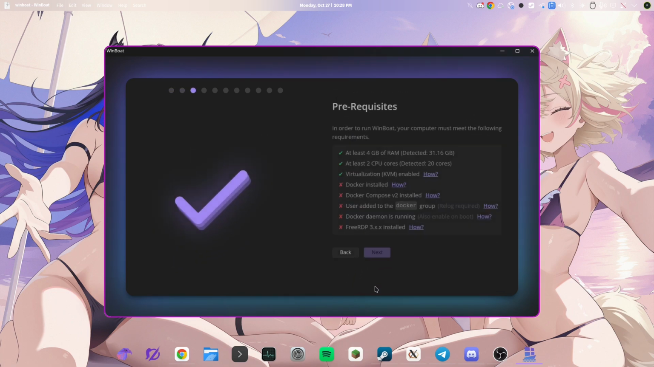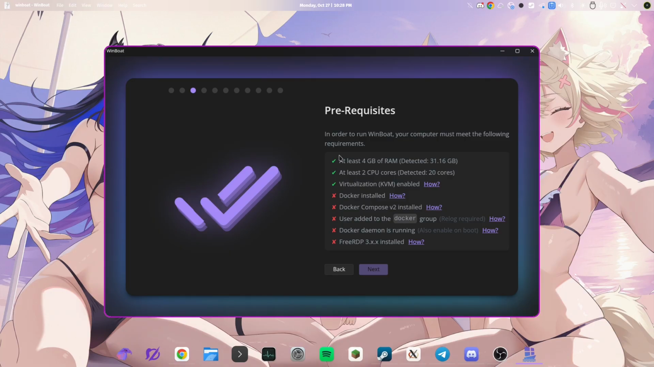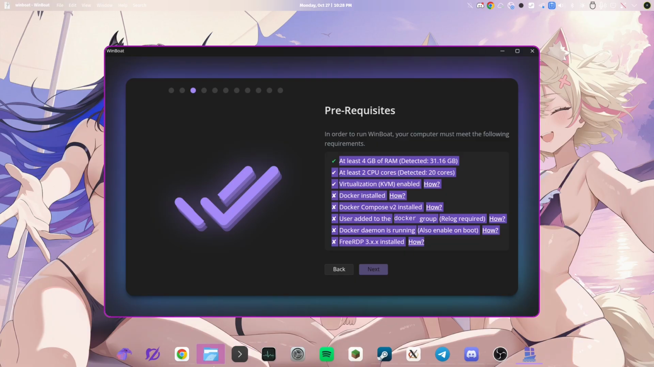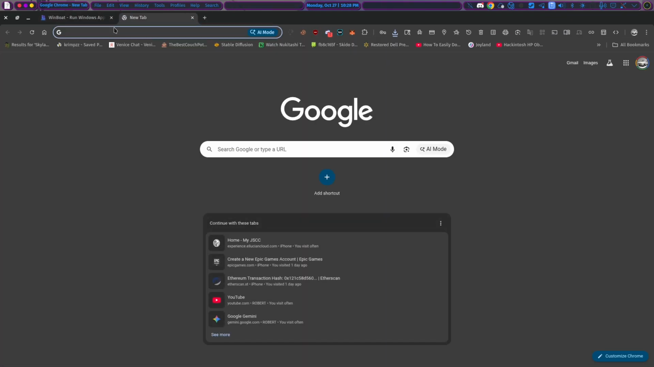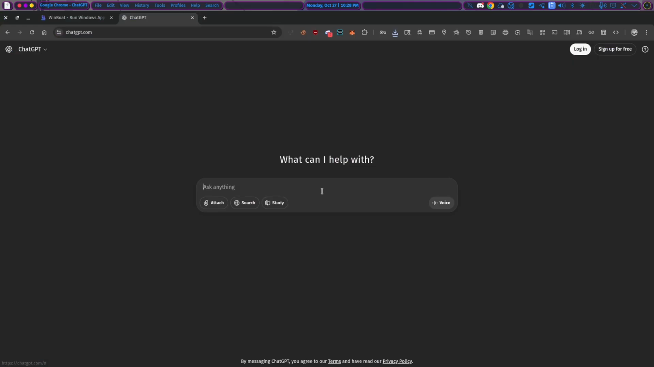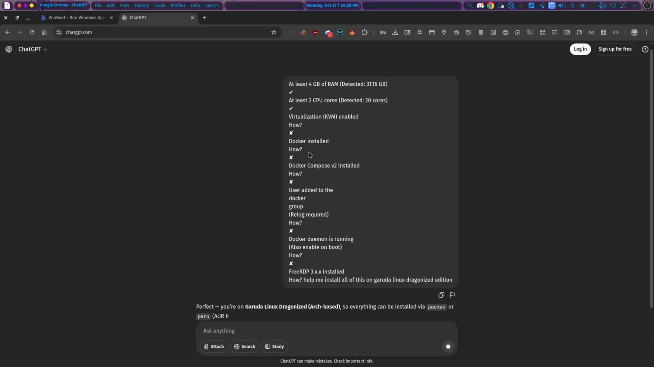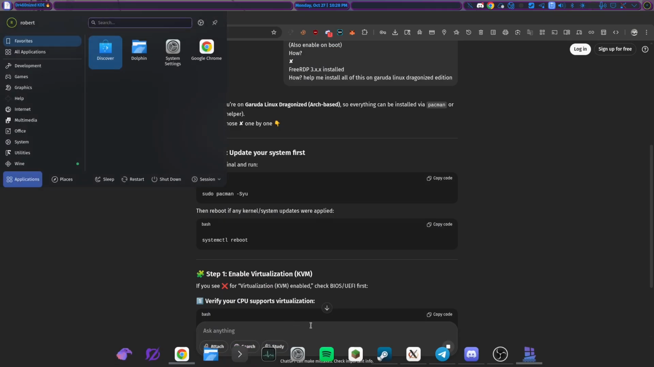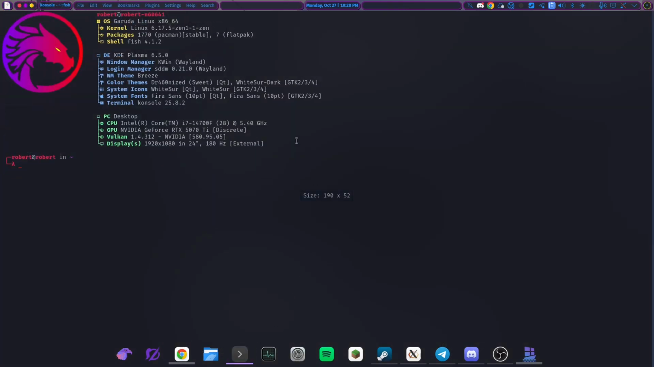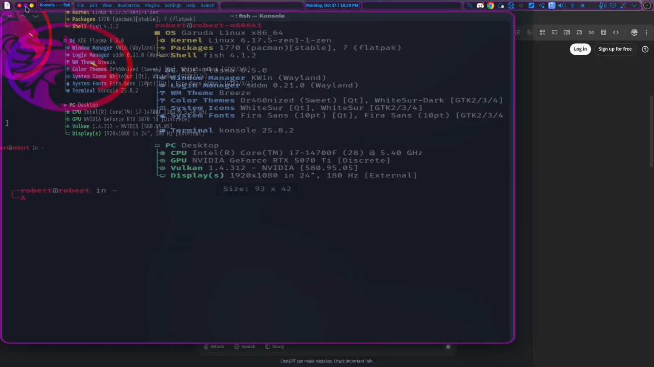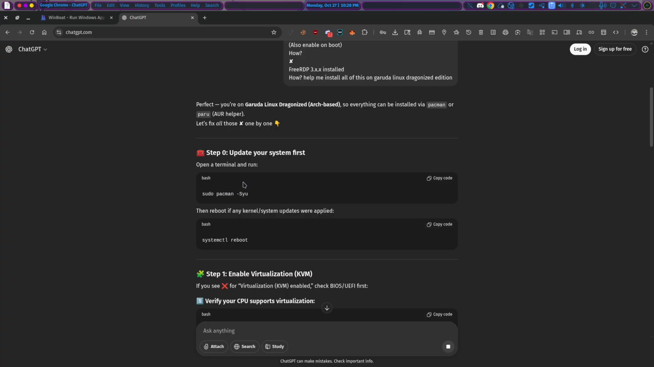Okay, I'm going to agree. Alright, now we need all of this, so I'll show you something really easily we can do. Most people would not do this. Help me install all of this on Garuda Linux Dragon Knights Edition. I'm going to show you that you can actually literally just copy code,